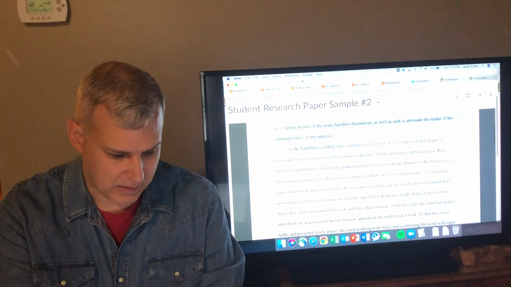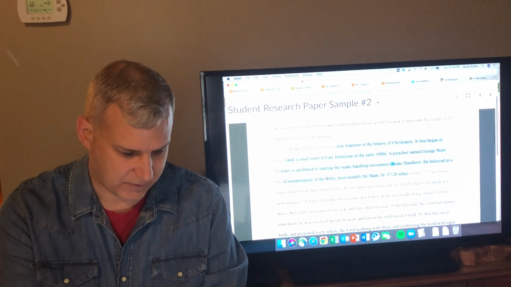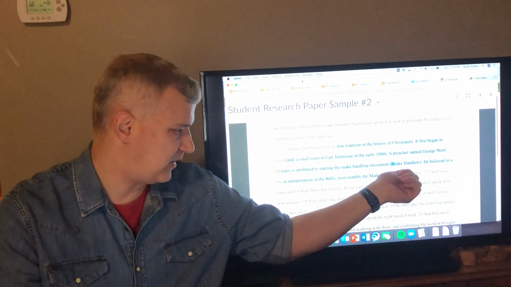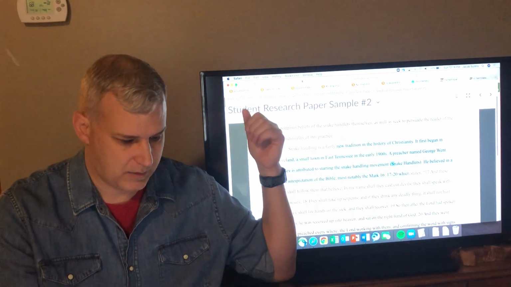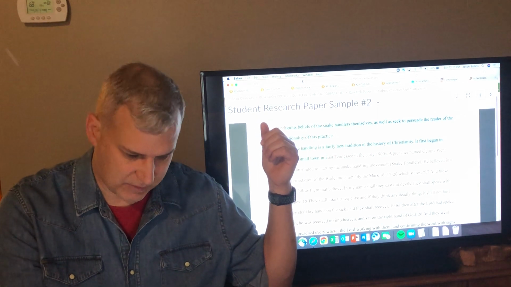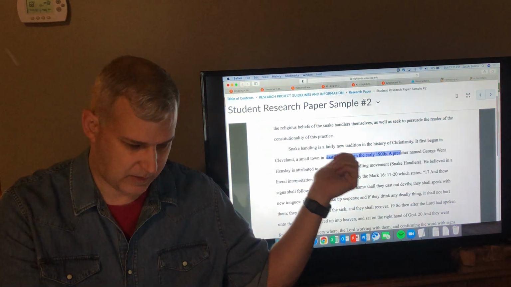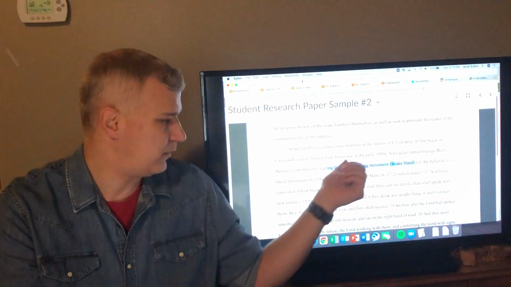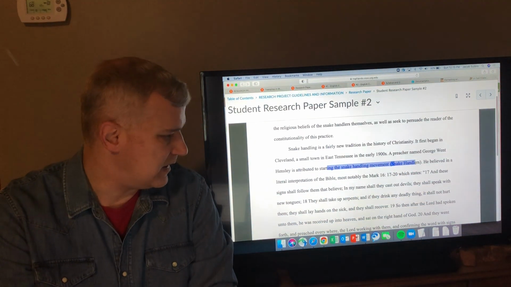And then you see right here, here's a good example of a citation where the person has a source that does not have a last name, so you go down to the title. Snake handling is a fairly new tradition in Christianity. Small town in East Tennessee in the early 1900s with a preacher named George Wendt. Then we jump down to the in-text citation, Snake Handlers. All right, you get Snake Handlers in the